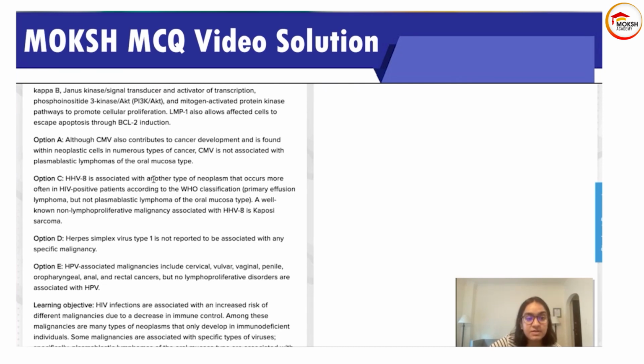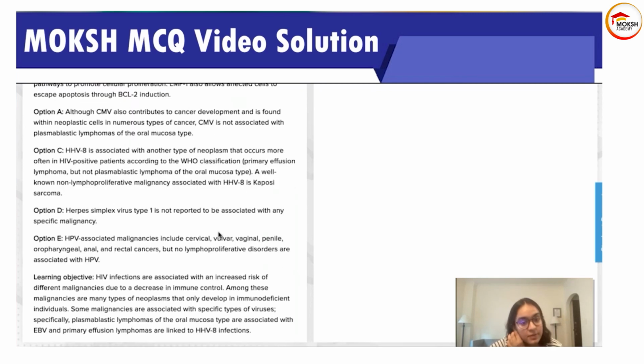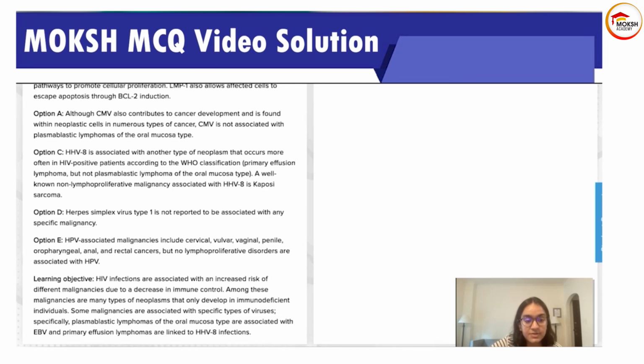HHV8, I'm sure as you all know, is associated with a neoplasm that occurs more in HIV positive patients, and a well-known non-lymphoproliferative malignancy associated with HHV8 is Kaposi sarcoma, which is the most common association that we know of. HSV1 is not reported to be associated with any malignancy. HPV-associated malignancies, you all know, are cervical, vulvar, vaginal, penile, oropharyngeal, anal, and rectal cancer, but no lymphoproliferative disorders are associated with